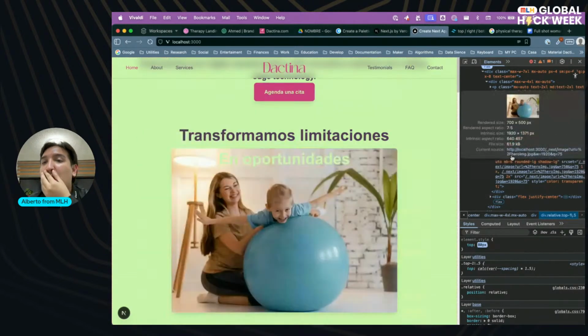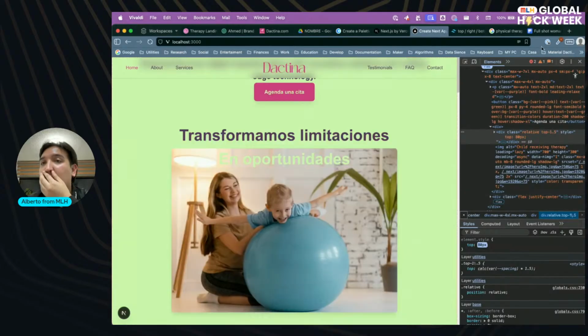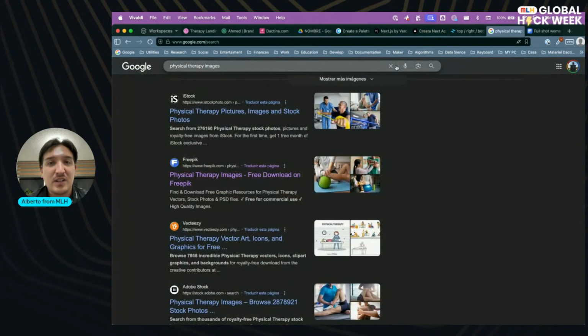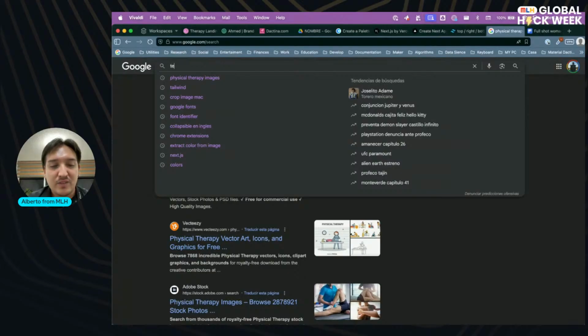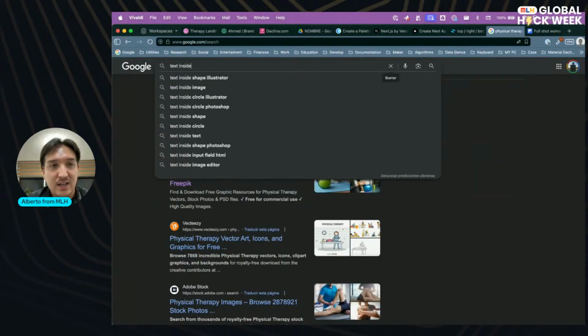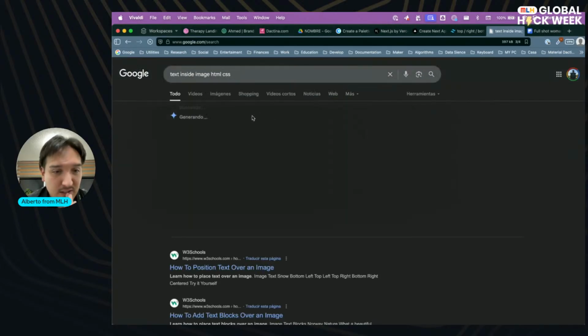The only problem that I'm seeing is that I just, let me look for another thing. Text inside image HTML CSS.